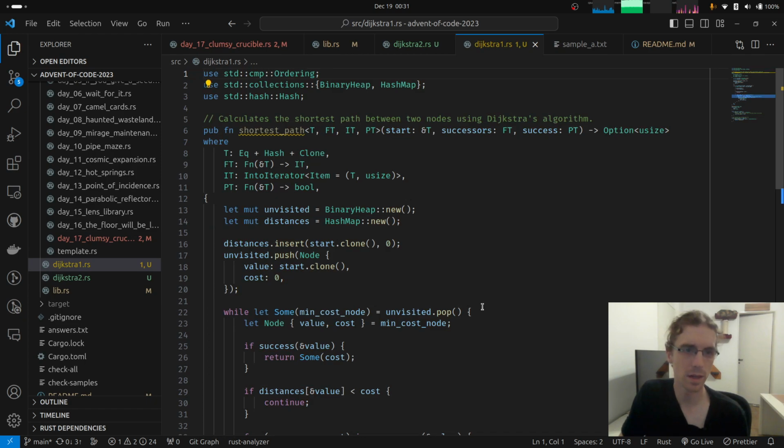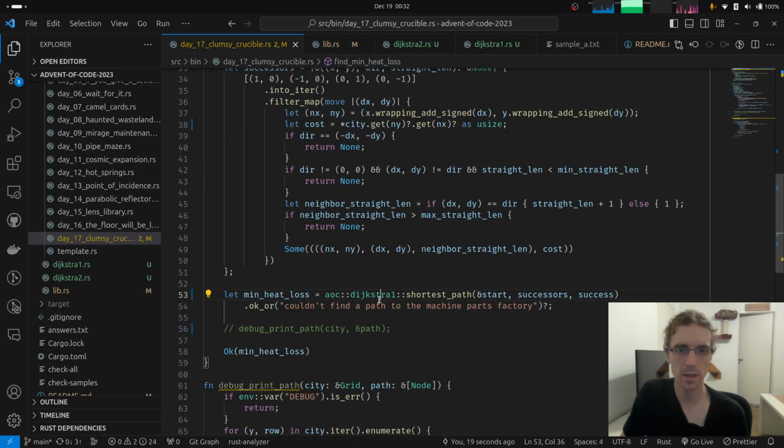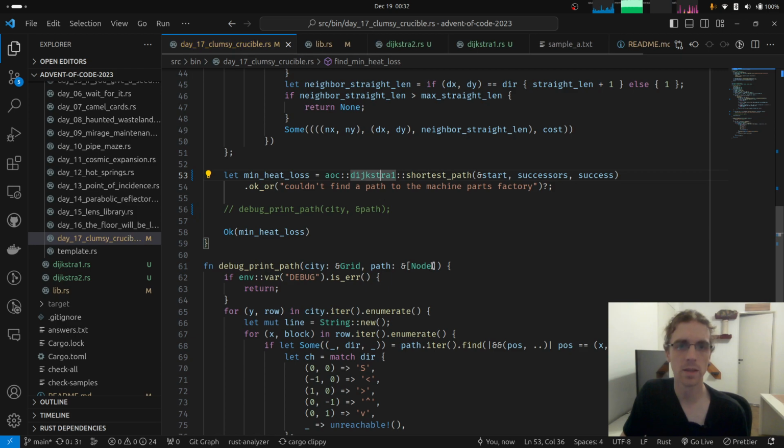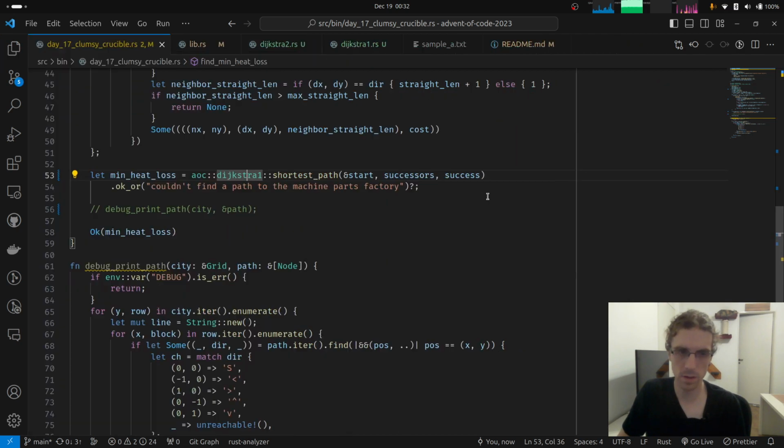Let's go to the lib here and say pub mod Dijkstra 1, and then this can use it. Awesome. Okay, so now it should be using our own module. Let's close this.